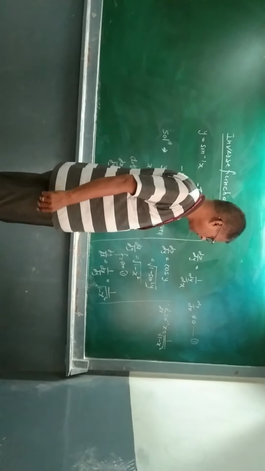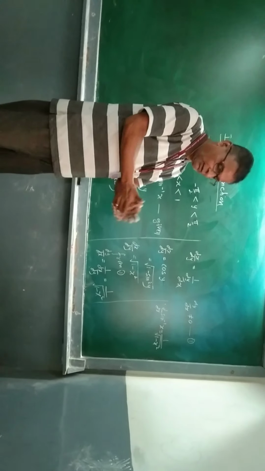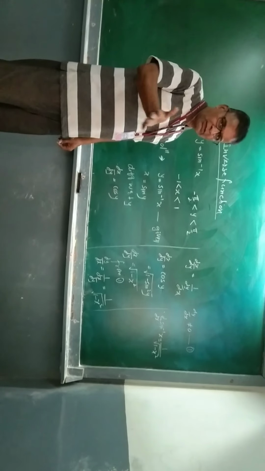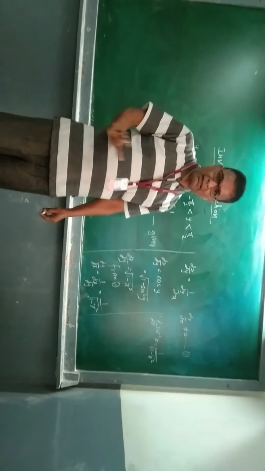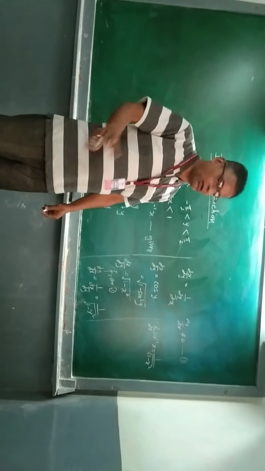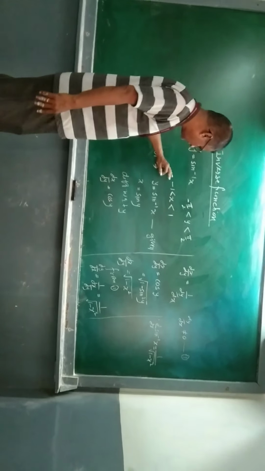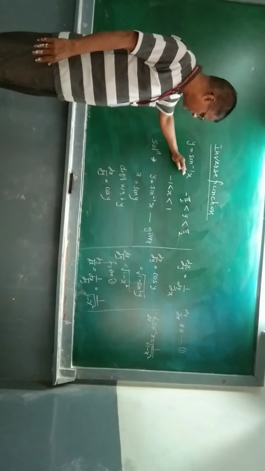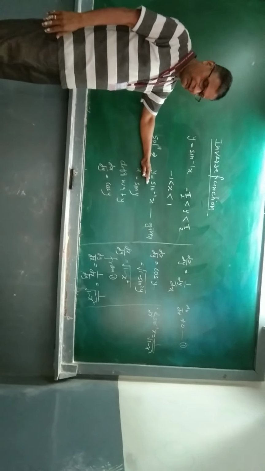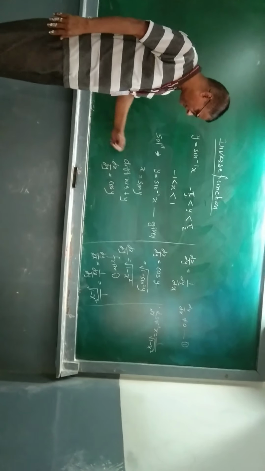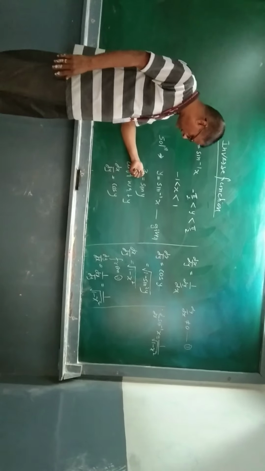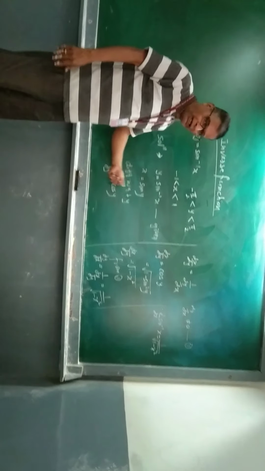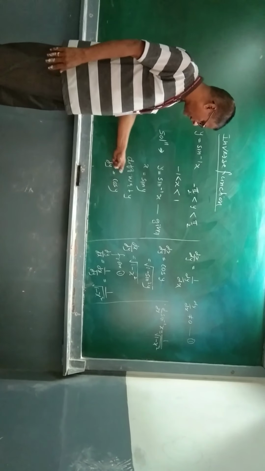Now, this is the derivative of sin inverse of x. In a similar way, we can find the corresponding derivatives for cos inverse of x, tan inverse of x, sec inverse of x, cosec inverse of x and cot inverse of x. Now understand here, if we take y is equal to cos inverse of x, then in direct function x is equal to cos y. Here also we can differentiate with respect to y. Derivative of cos y is equal to minus sin y.